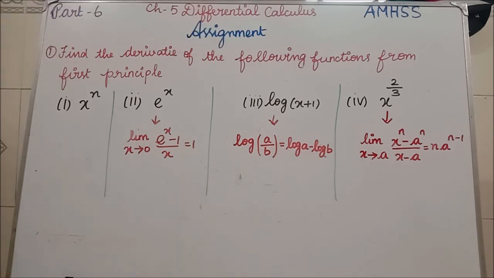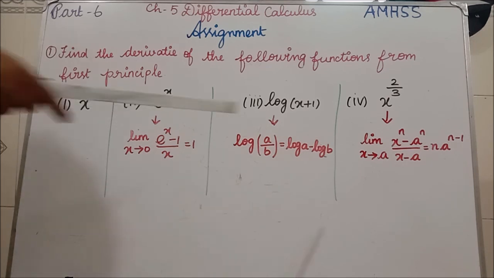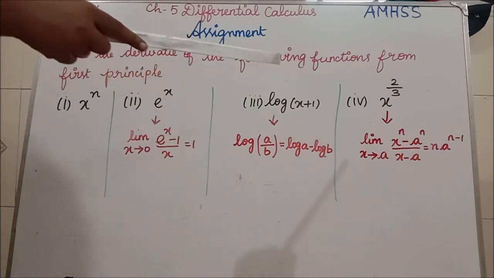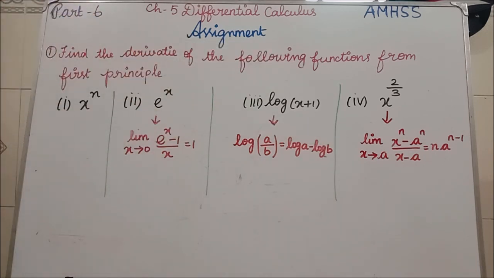Here, the fourth question is your creative problem. That is also asked like the first subdivision. But in the middle, before the last few steps, you have to use this formula: limit x tends to a, x power n minus a power n divided by x minus a equal to n into a power n minus 1. This formula you have to use. Only then will you get the final step as your answer. Clear students what I am telling?